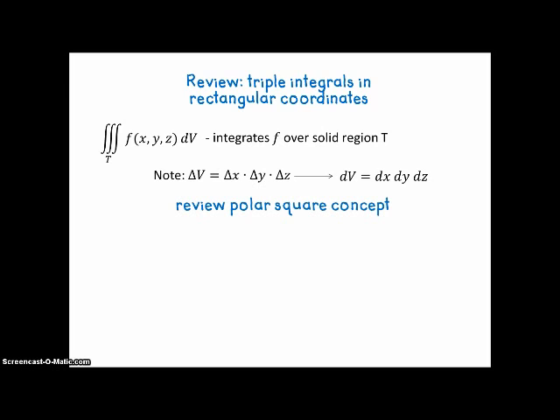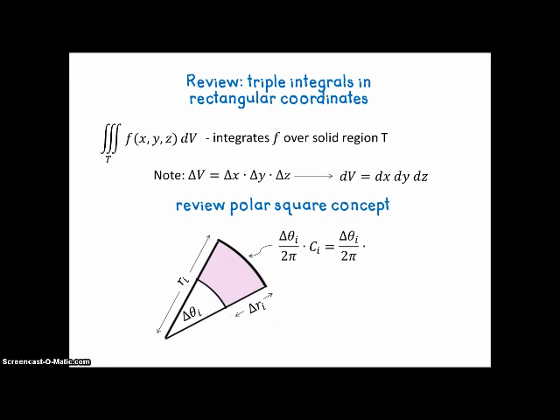Now let's review the concept of the polar square. Remember that the polar square looks like this pink region. We have various radii in our picture, and we have a change in theta for this particular polar square, the ith polar square. We have a change in the radius, and then the arc length, the outer arc length, is